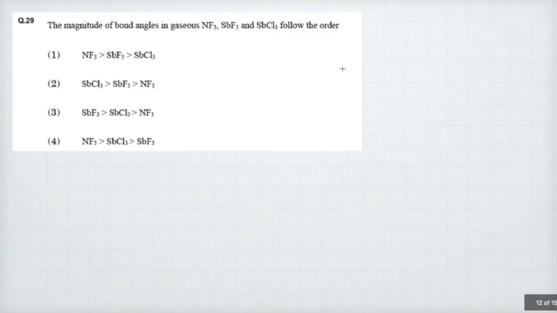Okay, the next question says the magnitude of bond angle. How is the magnitude of bond angle going to change in gaseous NF3, SbF3 and SbCl3? To answer this particular question, there is a very simple concept which you should know about the bond angle, and it says that bond angle is actually directly proportional to electronegativity